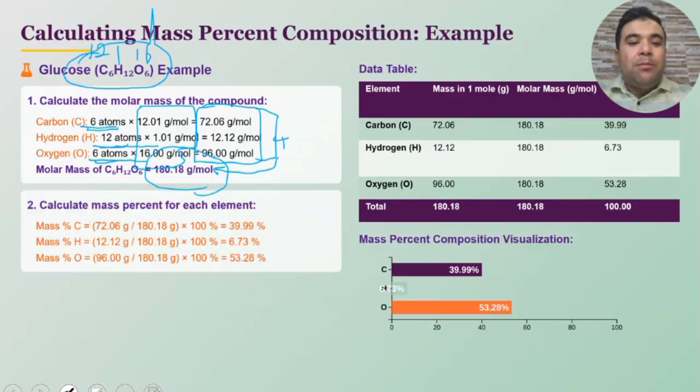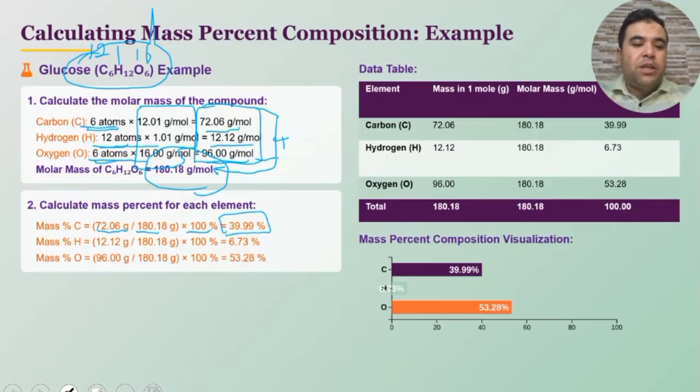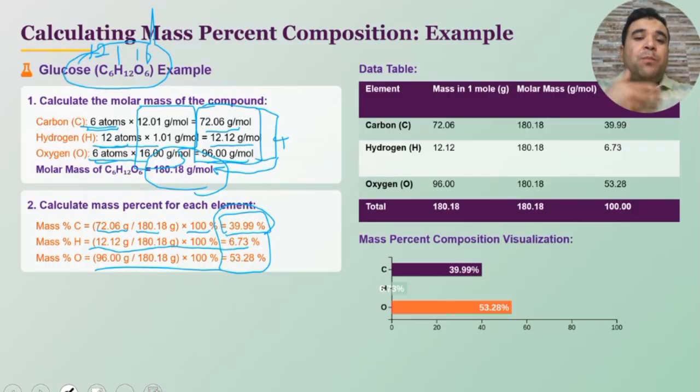Guys, it's time to perform the calculation. We calculated the molar mass of the individual atoms. As I told you, we will be calculating the mass of 1 mole of the compound, so the mass and the molar mass of those atoms are the same. So here the mass of carbon is 72, divided by the molar mass and multiplied by 100. We got this percentage, and then we perform the same for the hydrogen and oxygen. We got these percentages, which represent the percentage composition of those atoms in the compound,